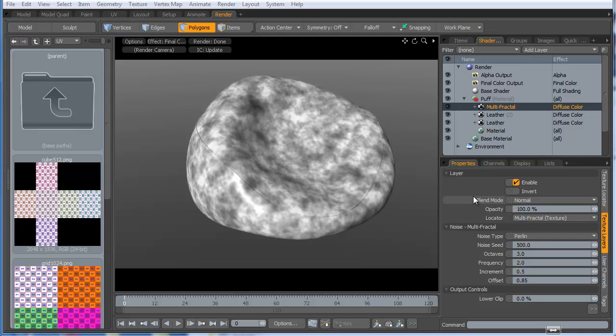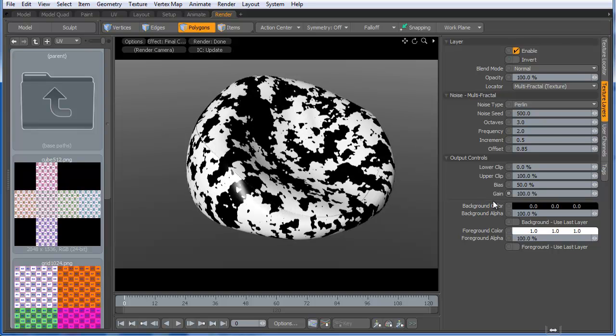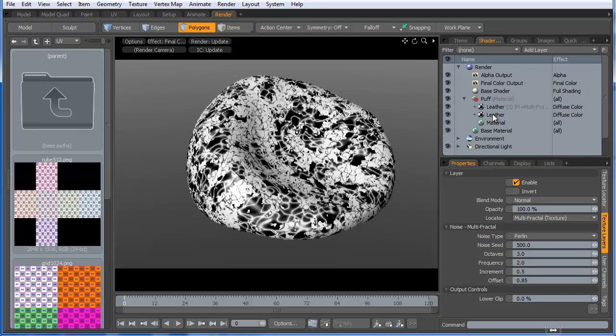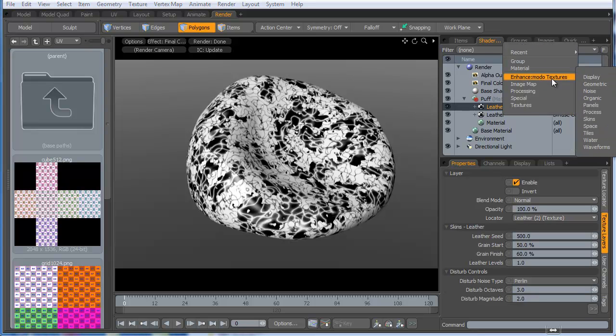I'll change my gain to 100. Okay, and then I'm going to make this multifractal a layer mask to my top layer, so they are going to blend. And then I'm going to add a new